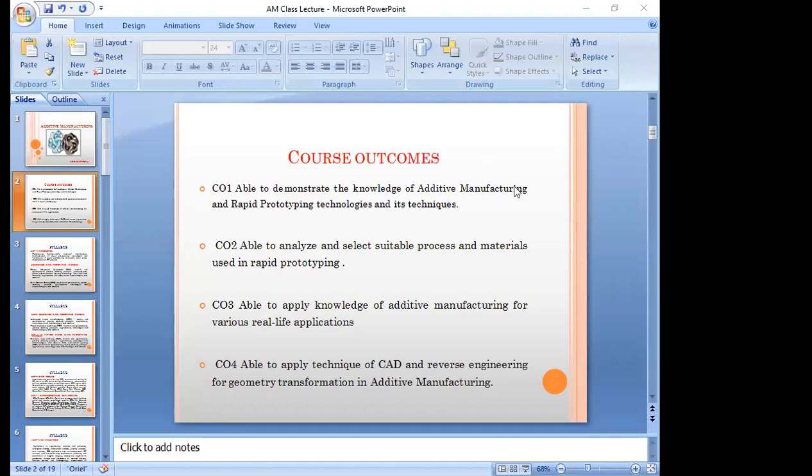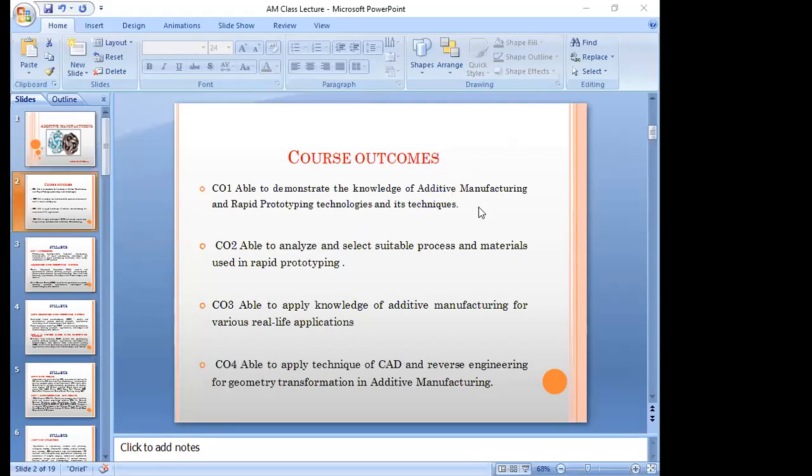This particular course is basically from rapid prototyping. So firstly, we will discuss rapid prototyping and its techniques in this subject, and then we will have some formats. We are using basic manufacturing.